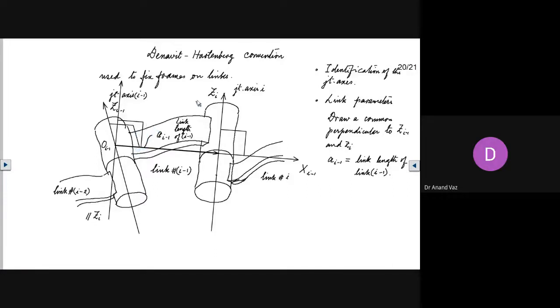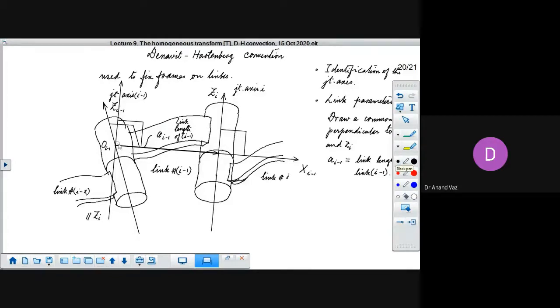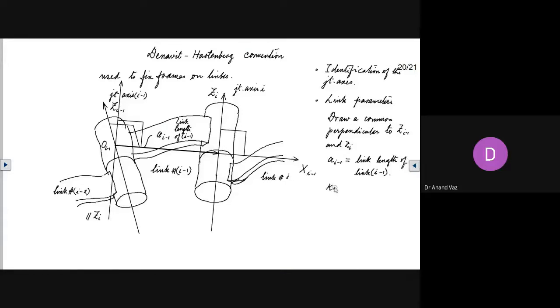Okay, so now you can see that we have this common perpendicular to both Zi minus 1 as well as Zi. This line is parallel to Zi. So now you proceed, and keep your thumb oriented along xi minus 1. Thumb of which hand? The right hand. So keep the thumb of the right hand